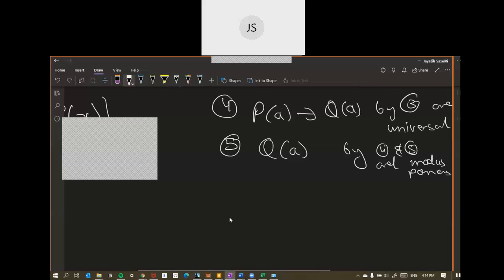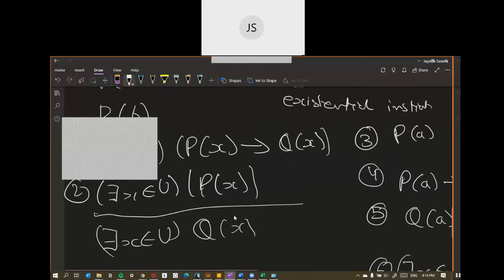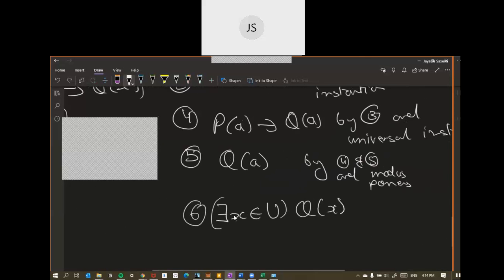Now let's talk about generalization. What kind of element is A? A is a specific element, right? It does not represent all arbitrary elements in U. So we have to write, there exists X in U, that is just some specific X in U, such that Q of X is true. And hence, we have gotten our argument. So this was done by number 5,